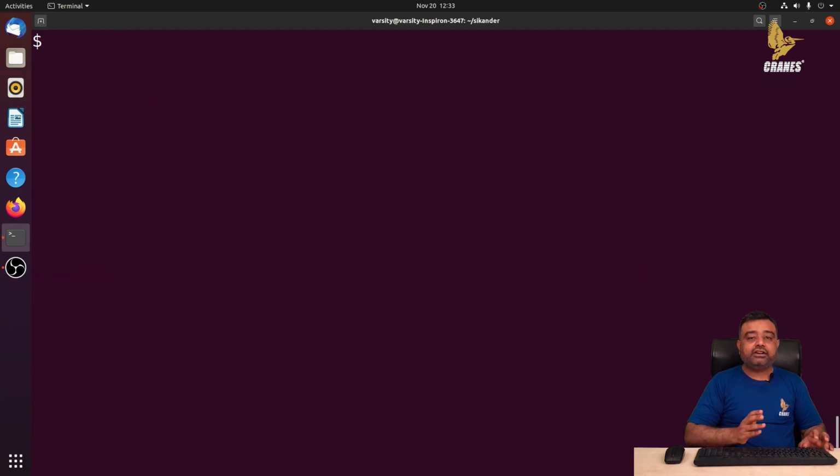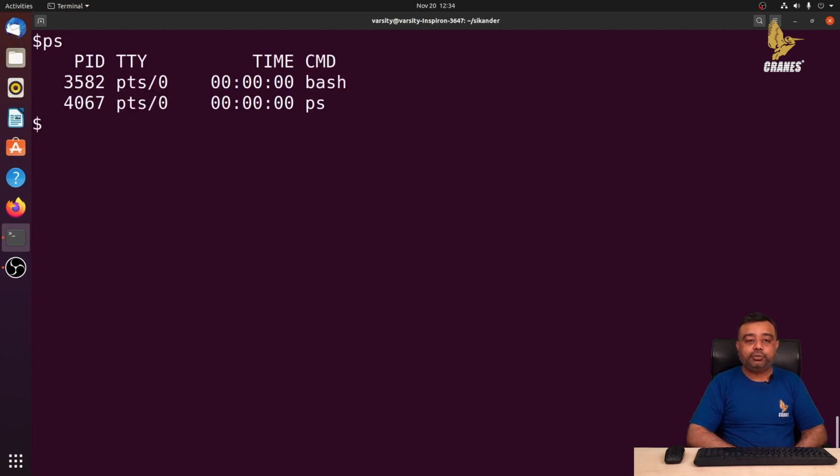Now once we have understood the difference between the source code, the executable code and the process, let us move into the commands. If you want to know the different processes running in a machine, we take the help of the ps command. We can supply a lot of options with the ps command, but in the simplest form we can just use ps without any options. Now when you just write ps and press the enter key, this is giving me two processes. One is the ps command, the other one is the bash. It is giving the information about the process ID, the name of the process as well as the terminal.